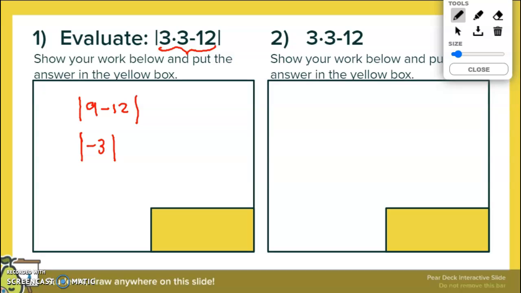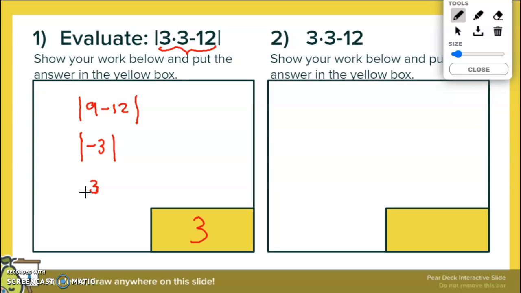What is the absolute value of negative 3? That's just 3, because the absolute value function always pops out a positive number. If it's a negative number, it just gets rid of the negative symbol. If it's a positive number, it remains as it is. And notice that this is where the absolute value symbol goes away. Now we're just down to a number, and this is my final answer, so I'm going to put it right here.